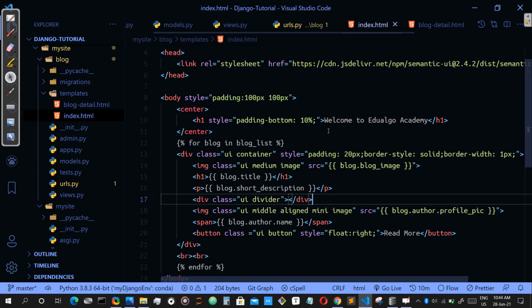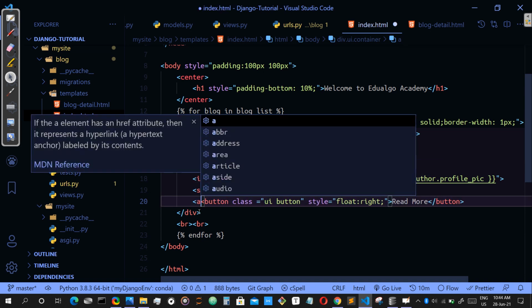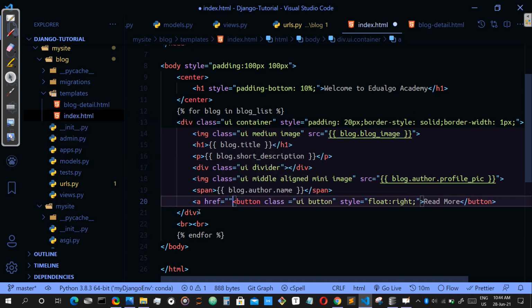So in the index.html, this button is going to be connected to another page, I mean another link. So here we have to add an anchor tag, a href equal to, and here you have to pass the link. Basically you have to put the button inside the a href. Now href means hypertext reference. Here instead of a plain href value we are going to use our curly braces, because this is also one type of data. Why? Because every blog is going to point to a different slug and a different URL.